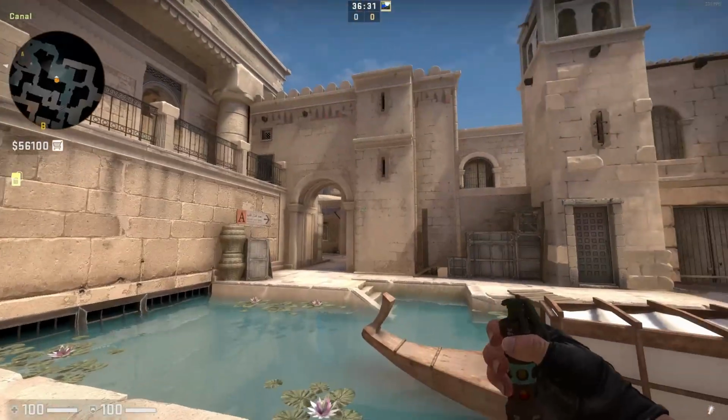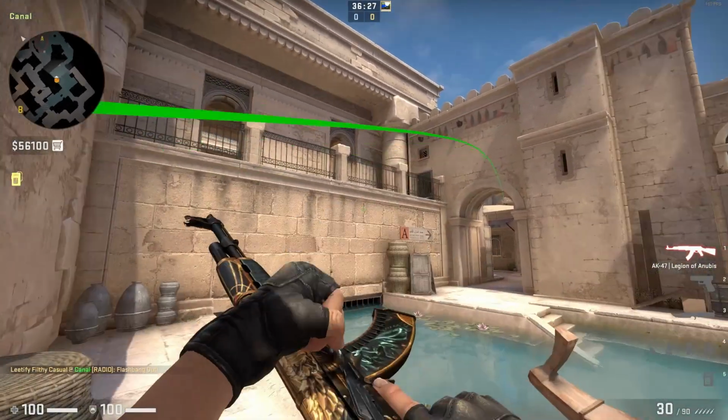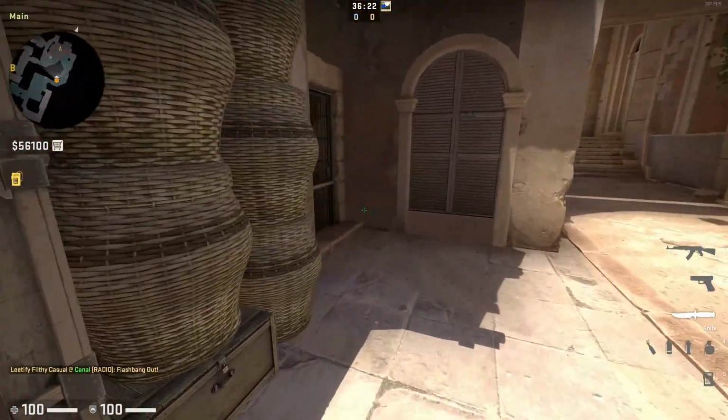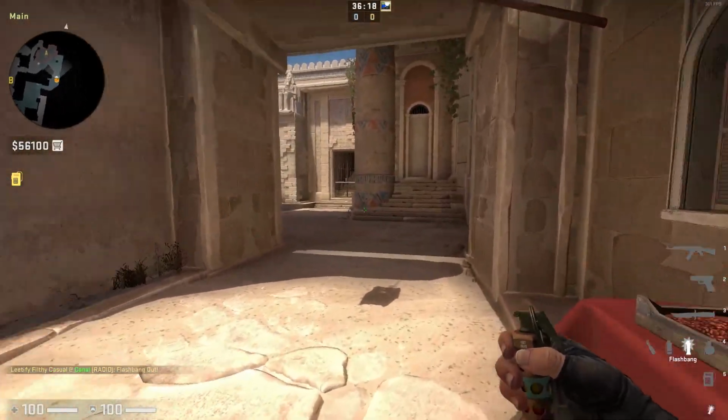I line up here, and I aim towards the top of this arch, right side-ish. That's a flash to get a player to peek around the corner here. So it'll blind this guy and anyone holding out in the open here. And then once you get to here,